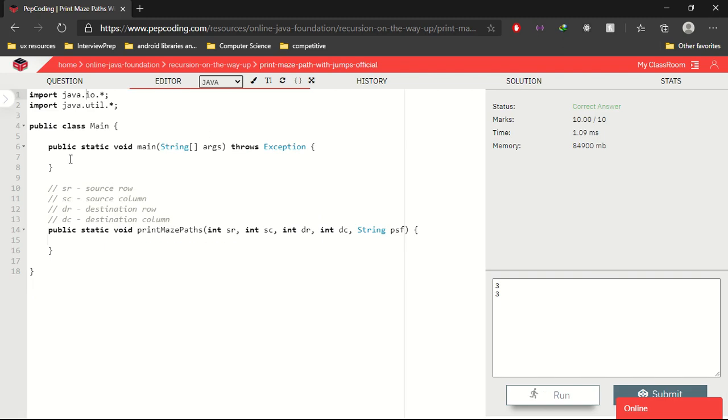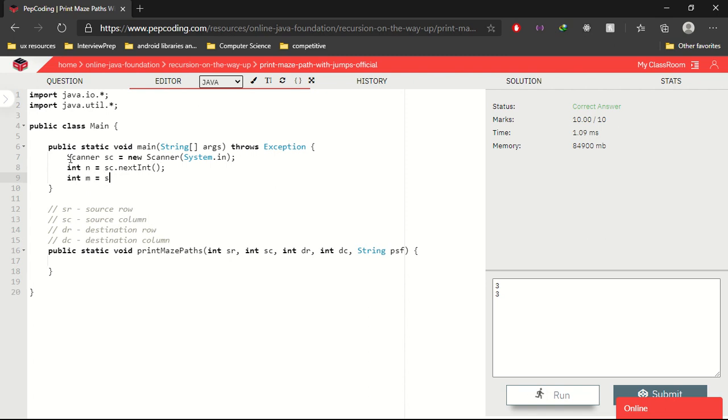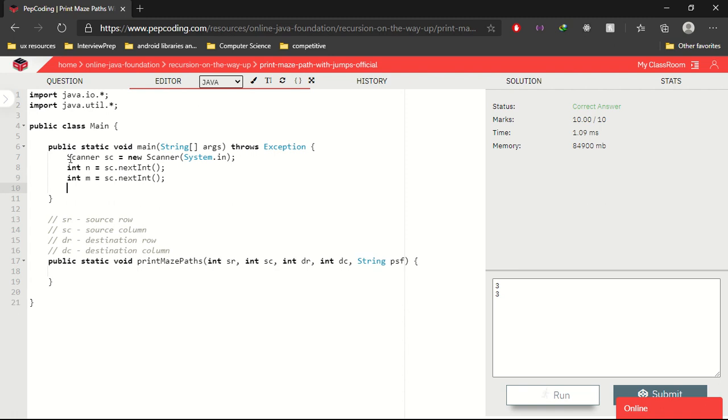Okay, first we'll consider the inputs. Scanner s equal to new Scanner. Then print maze paths 1 comma 1 comma dr, dc, n, m, source.